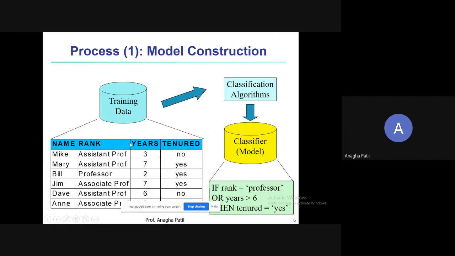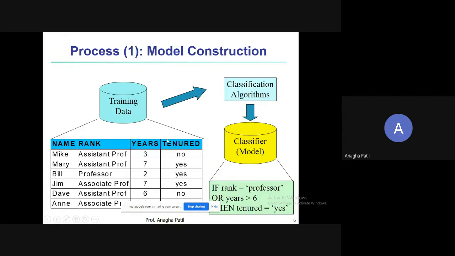Let's say the task given to you is, based on a particular record provided, to predict whether the person would be tenured or not. So you know that this tenured attribute, this dimension, is our class label.